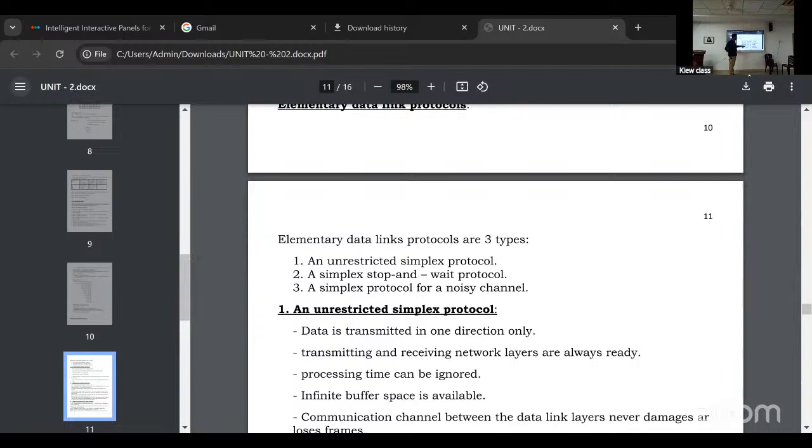What is the 10 base T? What is the 10 base 2? What is 10 base F? These are Ethernet standards. So if you use 10 base 5, what is the 10? What is the base?